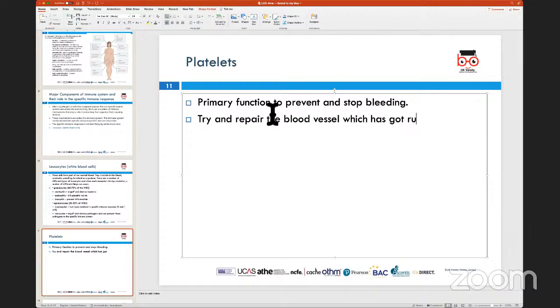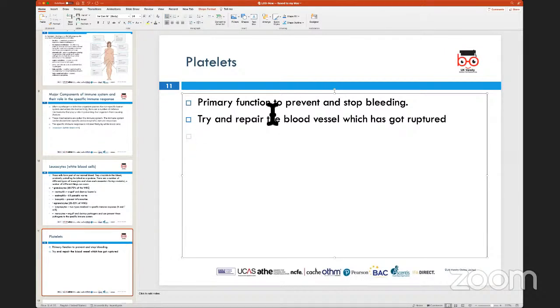So why does your skin bleed, why do you see your blood oozing out? It is because a blood vessel on your skin, where the bite or the cut or the injury has happened, has basically been ruptured or punctured. And in this case, when the blood starts flowing and the blood vessel gets ruptured, the central